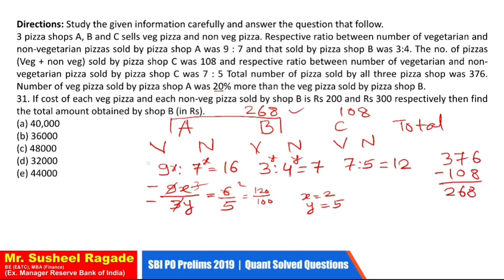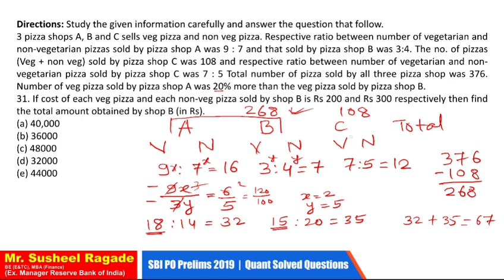So now this is 18 is to 14, which will become 32. And for y it is 5, so this is 15 and this is 20, which becomes 35. Now you can see this is 15 and this is 18, so 18 is 20% more than 15. Now our condition is satisfied. But 32 plus 35 is equal to 67, and our total is 268.